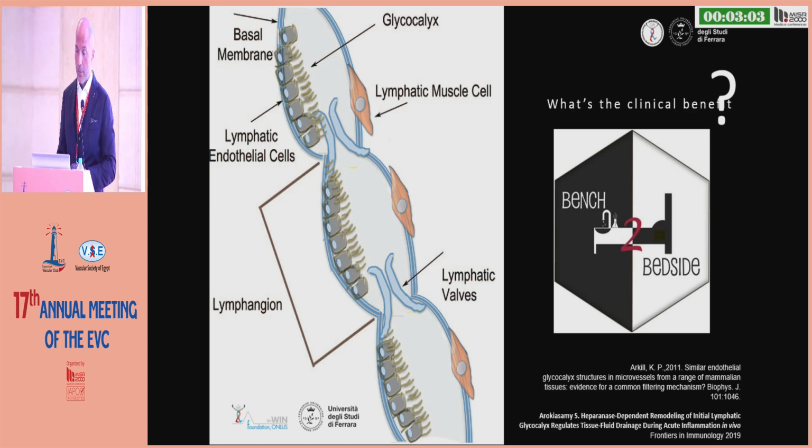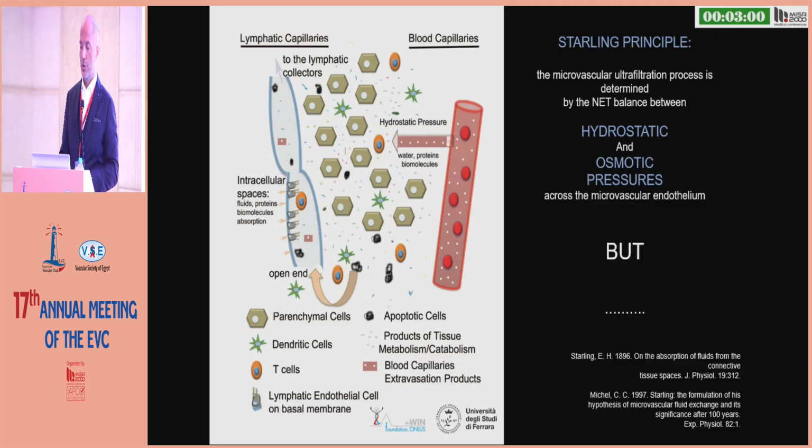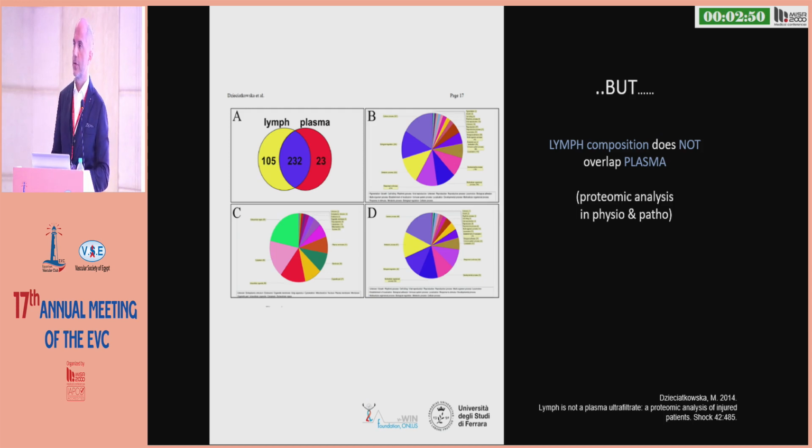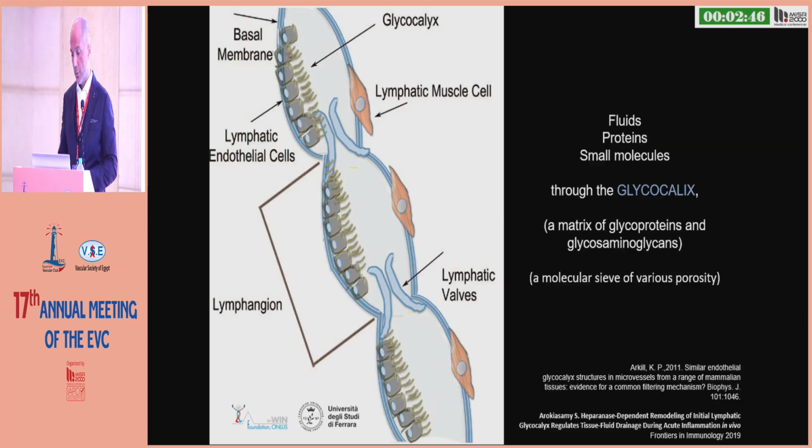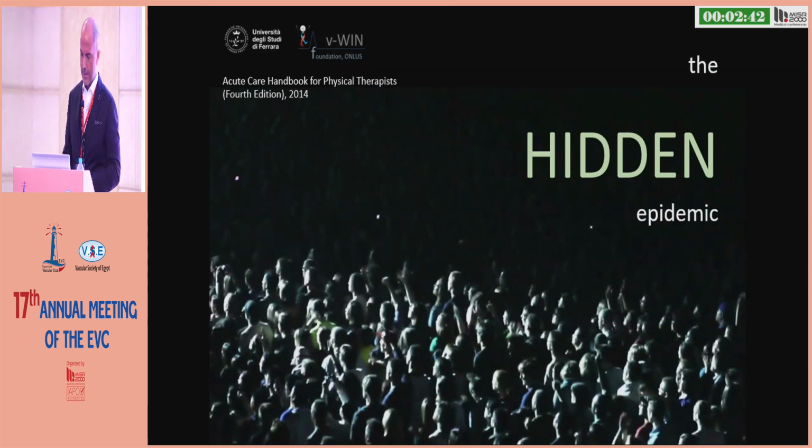To go back to the bedside, I would say, because clearly here we are talking about the fact that we have been failed at med school when they were telling us that there is just the Starling law regulating the edema and the filtration. Clearly the composition of lymph is not the same as plasma, so there must be an active filtration through a sieve of various porosity that indeed could be the glycocalyx. So we are talking about phlebolymphedema, but also in the arterial patients, the possibility of managing the edema with a